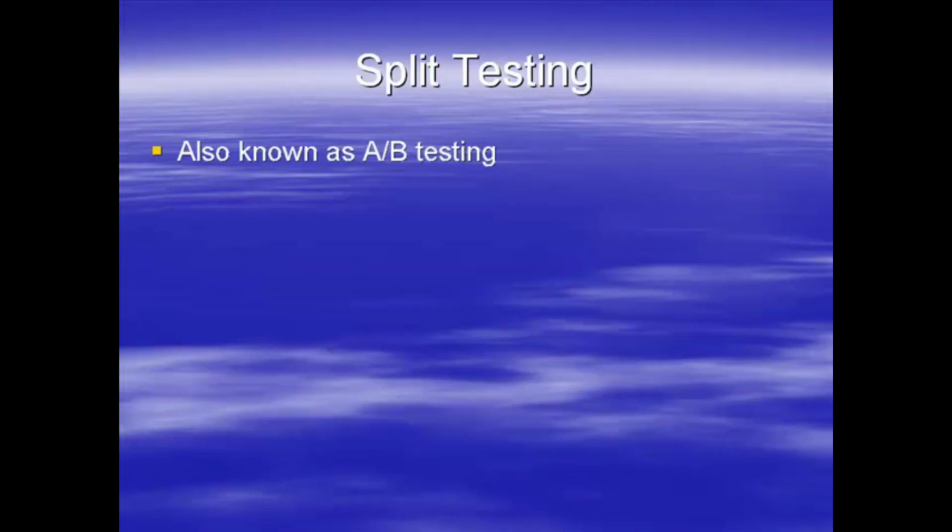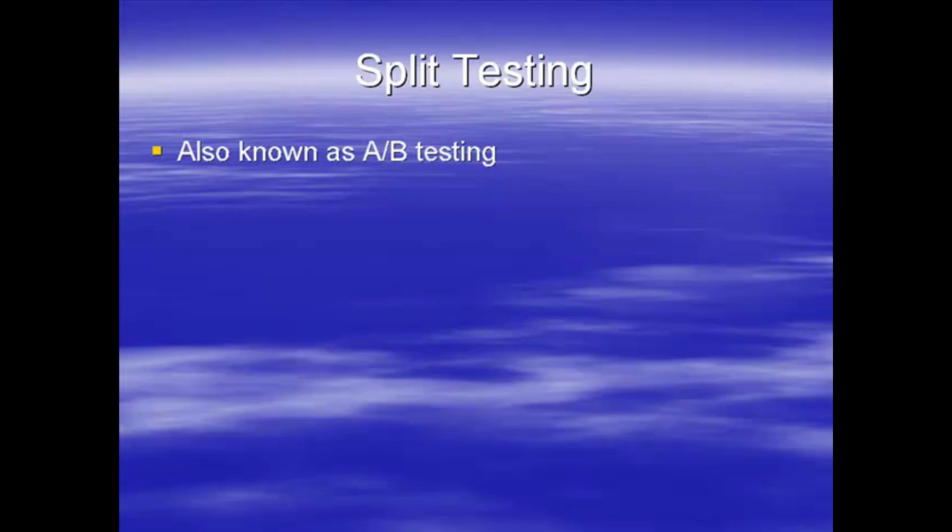In this video, we're going to talk about 2 types of testing that you can use to help you to basically improve the conversion rate of your sales letter. We've talked about the sort of mechanics of it, and what we're going to talk about here is 2 pieces of software, or 2 different types of software that will help you to improve your conversion rates. Now, the first one is some software called split testing. Split testing is also known as A/B testing.